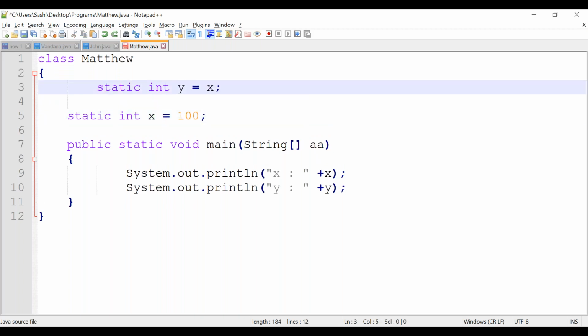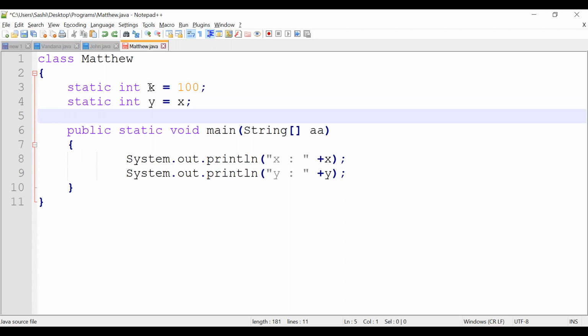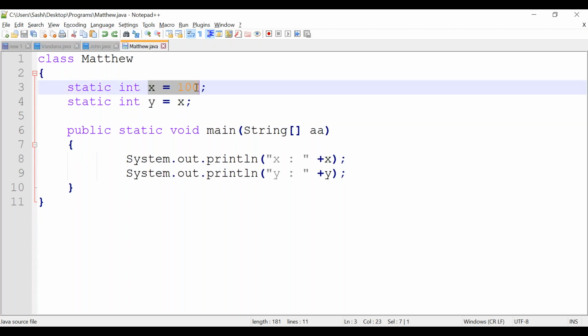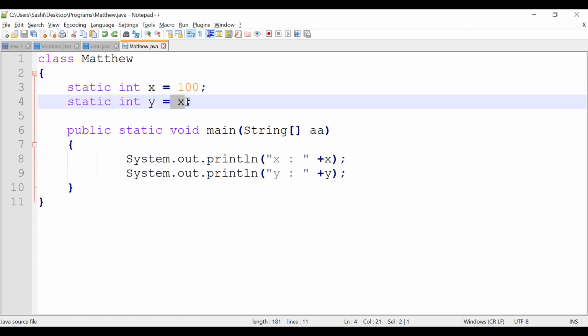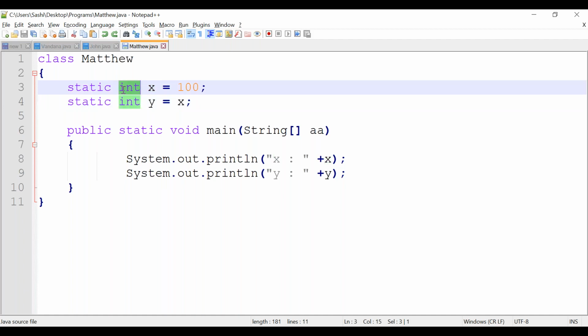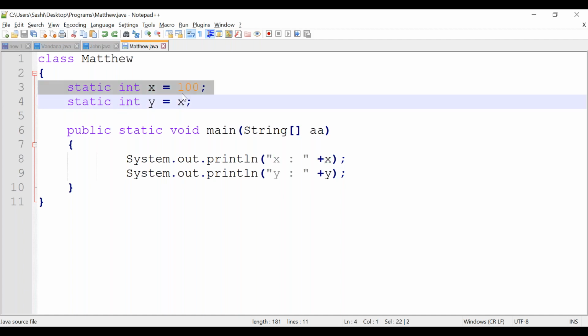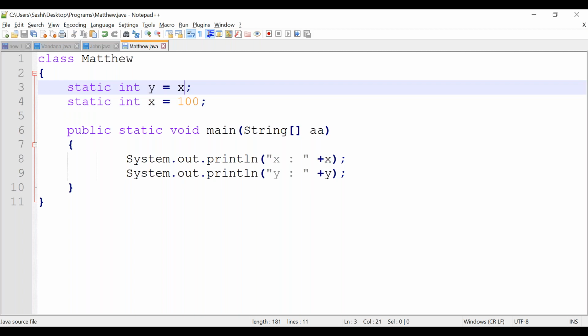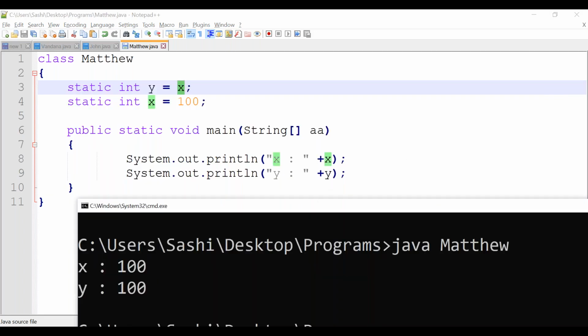So in the previous case, there is no problem, right? X you declared 100. Same you are trying to use it. When it comes here, it will check what is x. X is declared or not? Yes, x is already declared above. Suppose if you go like this, it is not possible, because x is not declared. It will throw compile time error.